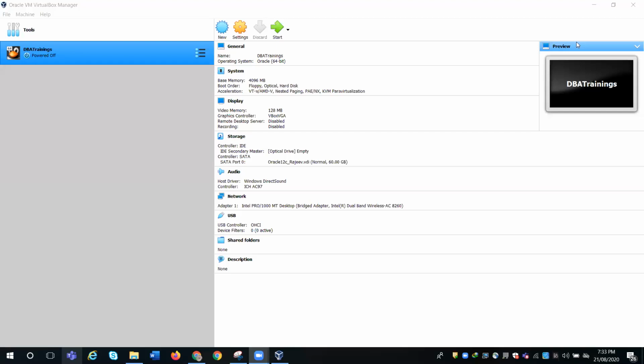So in this demo, we are going to show you how you can install the latest Oracle Linux release, which was released in April 2020. So here we are going to create the Oracle Linux machine. Of course, our agenda is not just to create the Oracle Linux machine. Our agenda is to install the latest Oracle software on the latest